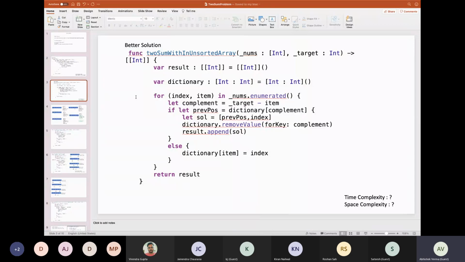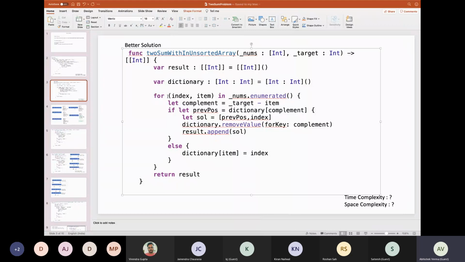We are going to do a similar approach with a dictionary. So what we are going to do in this case is iterate over the array, and we will be maintaining a dictionary for each complement value, or for each index, for each element.